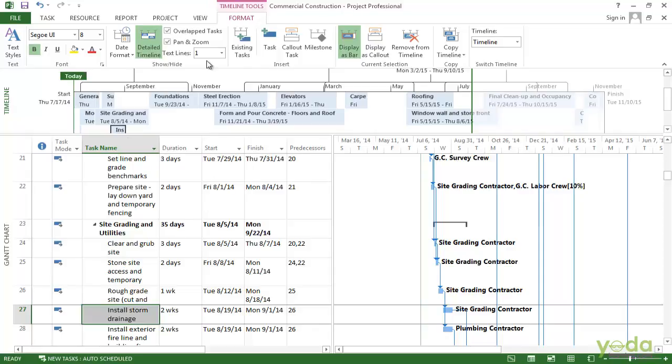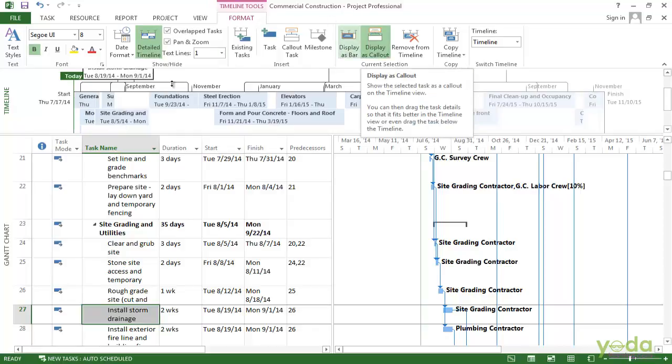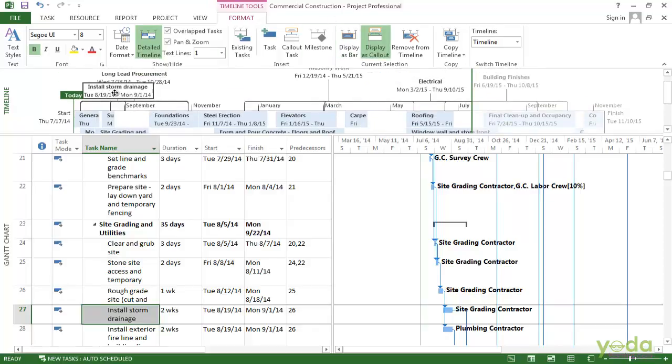If I want to change it to a call out, I click display as a call out, and now here you will see that the call out is displayed. And now you have got a little call out box which is much better. You can see the name and you can see the date.